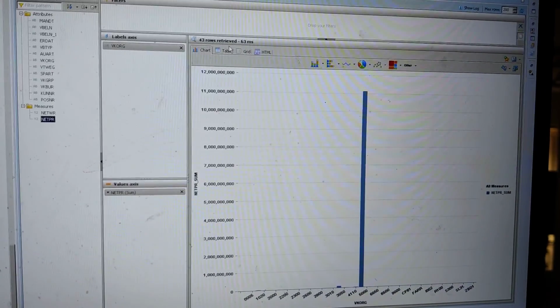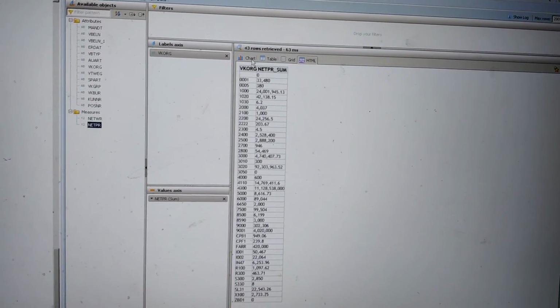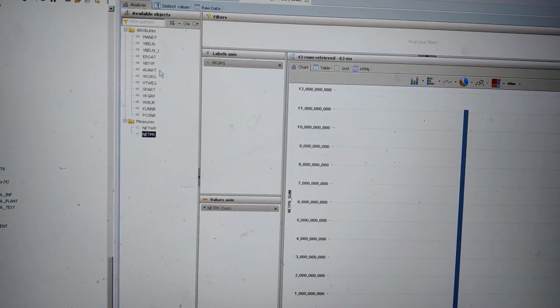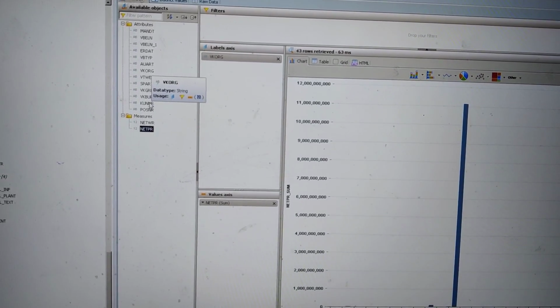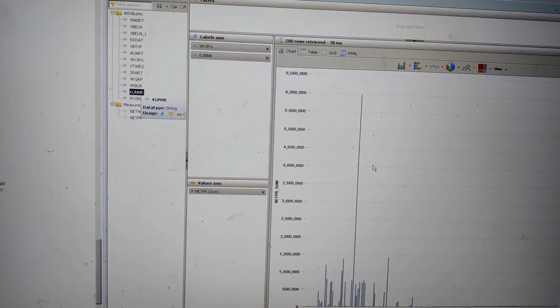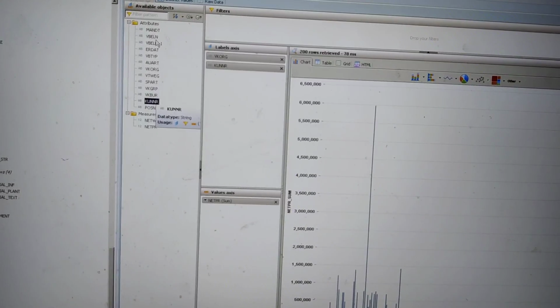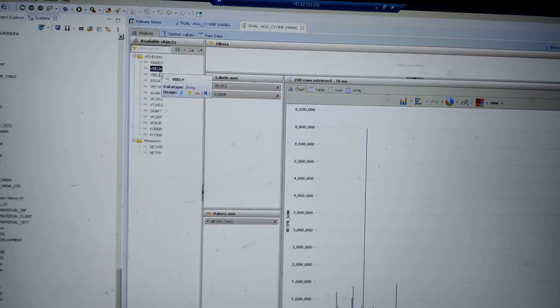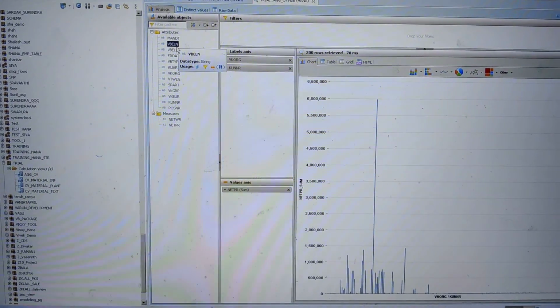You will also have the table, you will also have the grid. You just need to play with it. So the more you add the attributes, let us suppose I'm adding the customer. See, it changes drastically. Okay, this is what the aggregation is. If anybody has anything, just